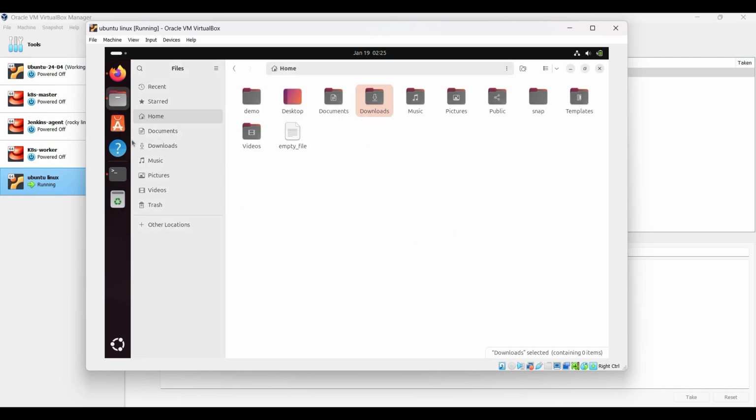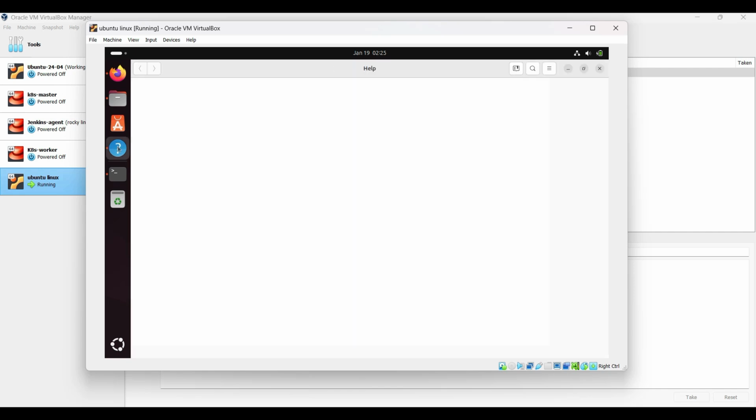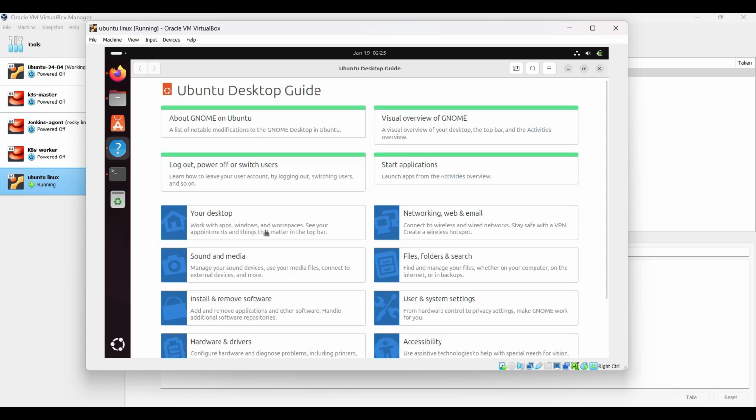Okay, below this App Center, you have Help Center. So you will get the required help for your Ubuntu desktop. Just click on the links, you will get the required documentations. And below this, you have Trash. It's similar to Recycle Bin that you have on your Windows desktop. Alright,